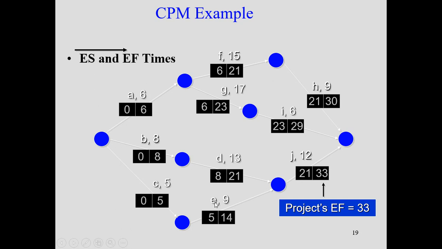If you see, we have to find out the longest path, which will give you the project duration. In this particular case, the longest path is 33, which means that the project's early finish time is 33. This is what we call the forward pass, and we have now found for each activity two time estimates, the early start and early finish. Now we'll go for the reverse or backward pass.